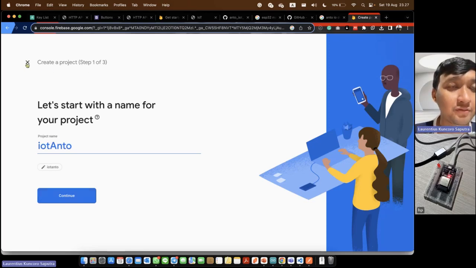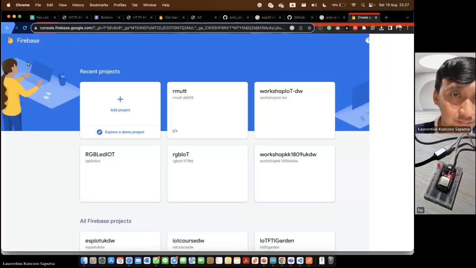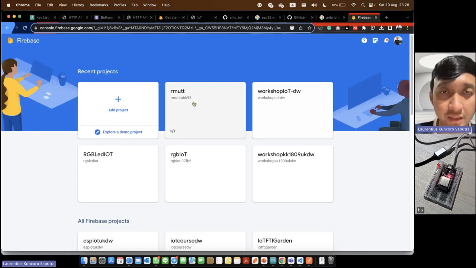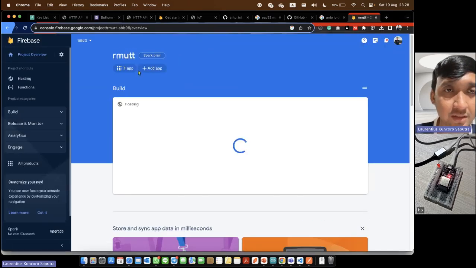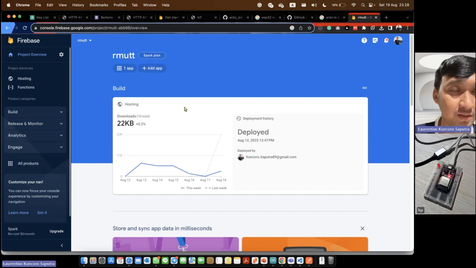I will not proceed because I already have a project, but you can click the continue button and follow the 3 steps. This one is a project that I already created.